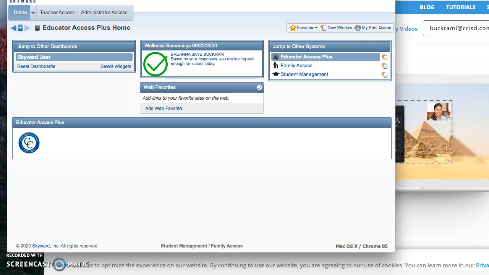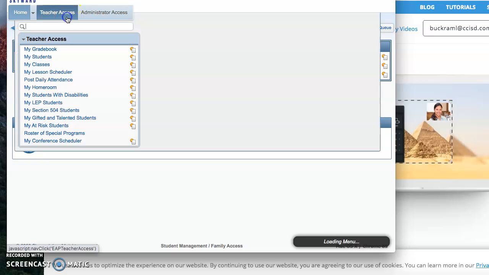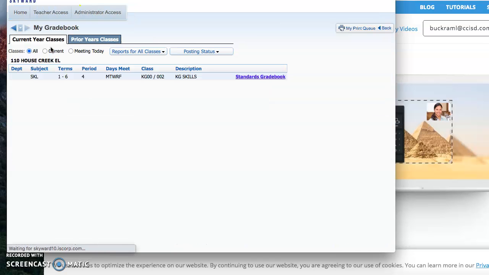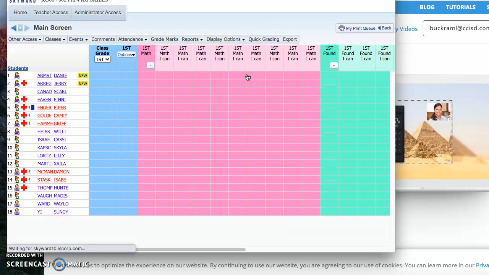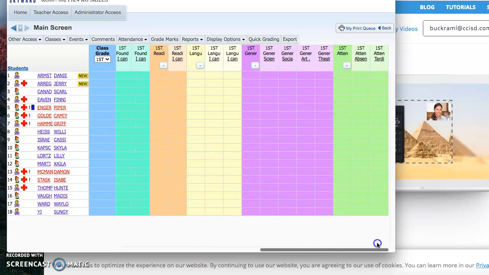Hey, I wanted to show you guys really quick how to enter grades. When I was playing around with the grade book, I remembered a way to make grading even quicker. We used to use quick grading, and then I remembered that when we did the virtual teaching and had to override grades, you can come onto this screen that pops up as soon as you hit the standards